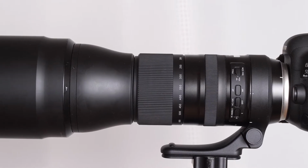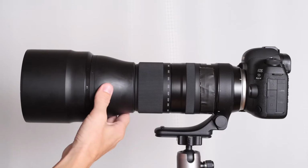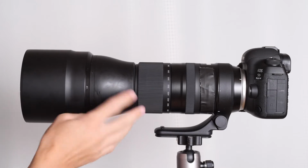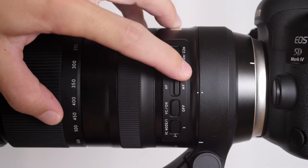But it does still take on fingerprints and stuff like that a lot easier, and it can be a little bit more slippery when your hands are sweaty, so just be careful of that. It is weather sealed, although I didn't have a chance to test it, I guess luckily, but it is weather sealed. And these switches do bother me more than they did on the 70-200,